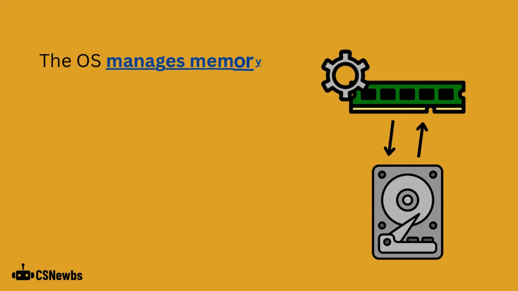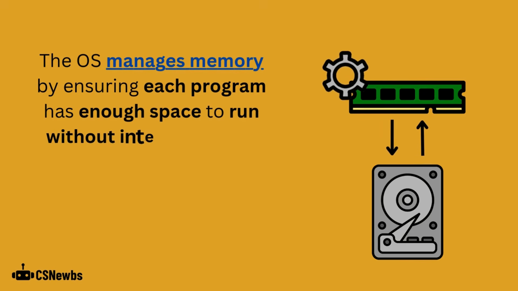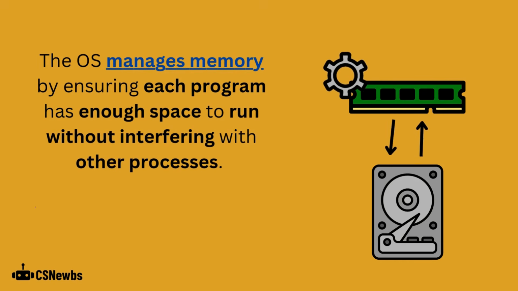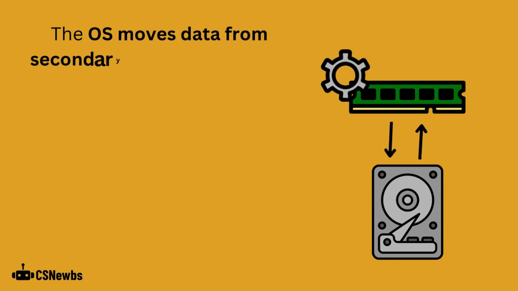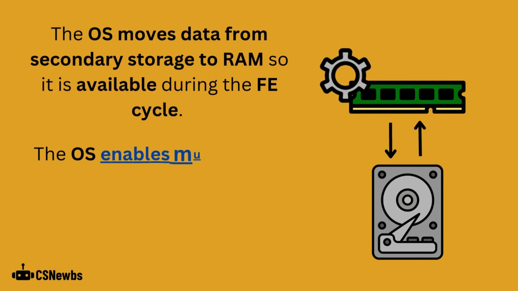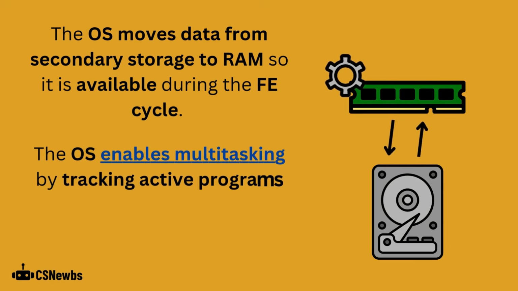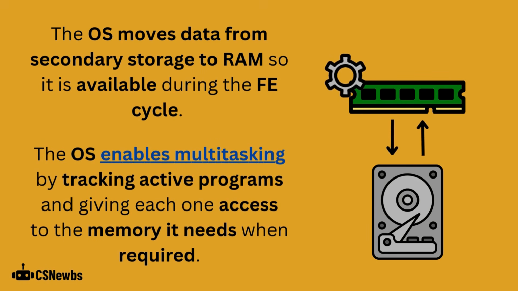The operating system manages memory by ensuring each program has enough space to run without interfering with other processes. It manages virtual memory if RAM becomes too full. Look back at 1.2.1 for more information about virtual memory. The operating system moves data from secondary storage to RAM, so it's available during the fetch-execute cycle. The operating system also enables multitasking by tracking active programs and giving each one access to the memory it needs